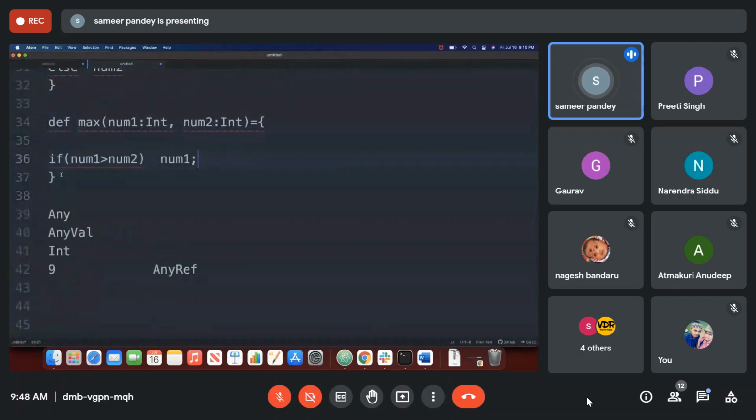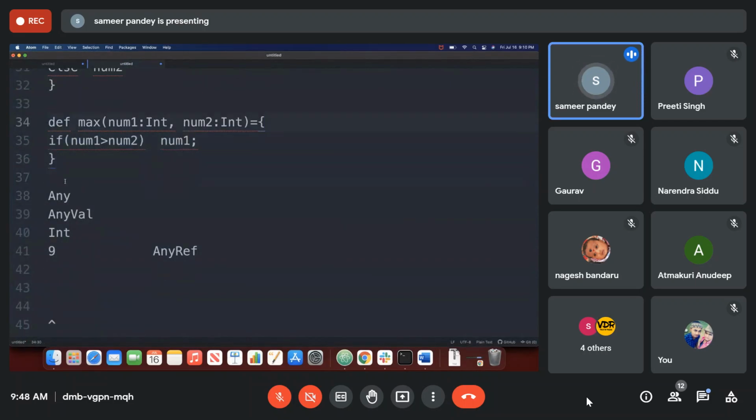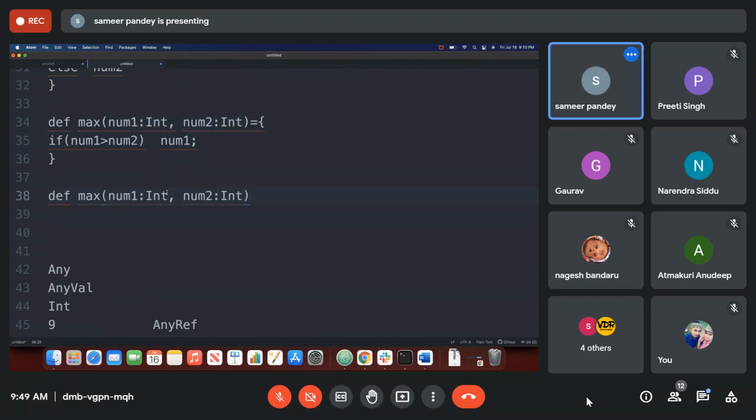it's like we reduced a good amount of statements, right? If else, can we make it even smaller? If we have just one line, can we write it in a more compact form? Yes, let's try it. We can write something like this: def max, and then the two parameters, and then